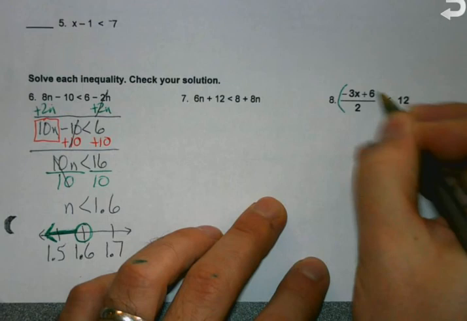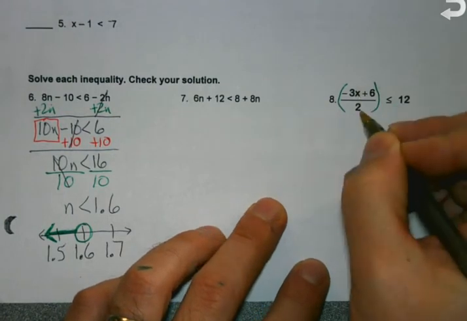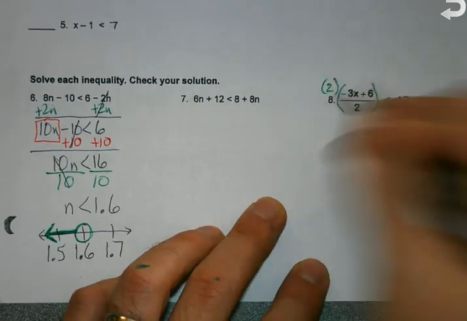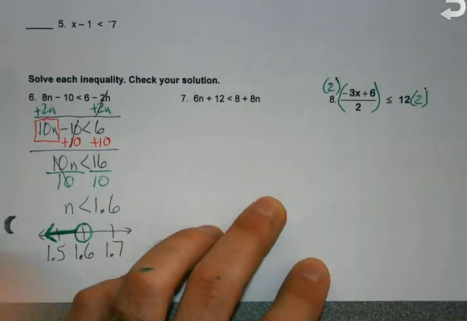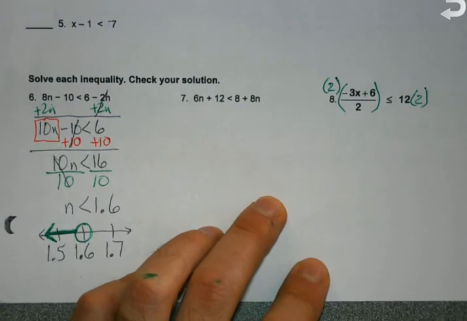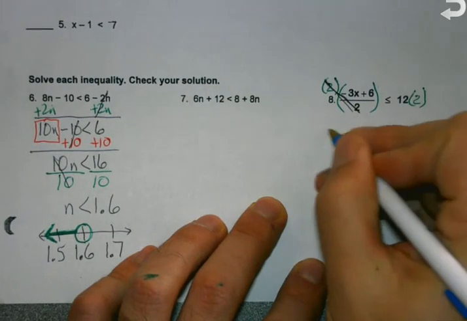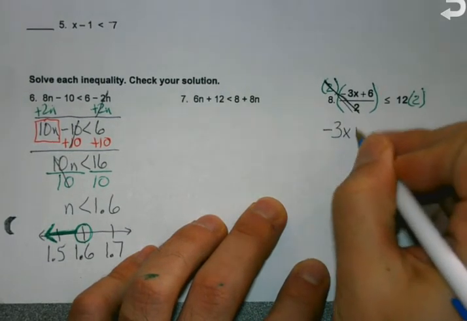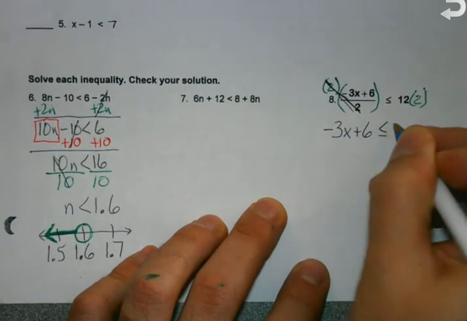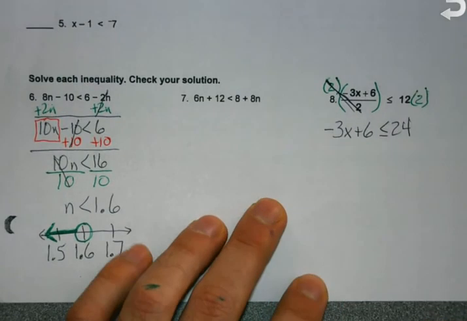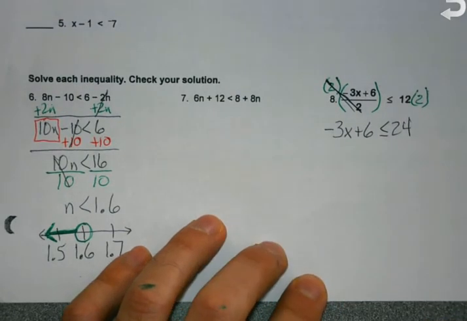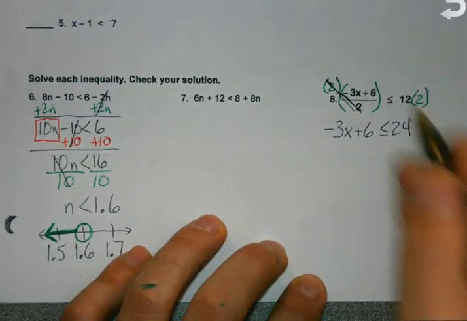Okay, the opposite of dividing by 2, which is what a fraction is, is to multiply by 2. And some of you, when we did that little mini equations quiz for extra points last week, were real good about figuring out how that part works. So we get that. Now that the fraction's gone,